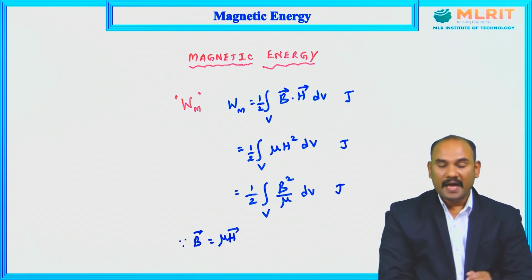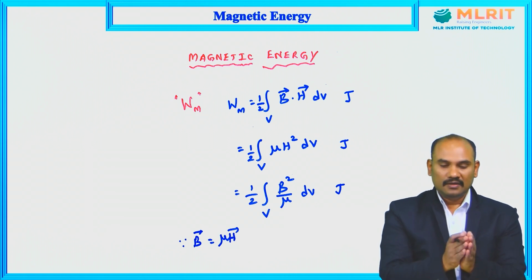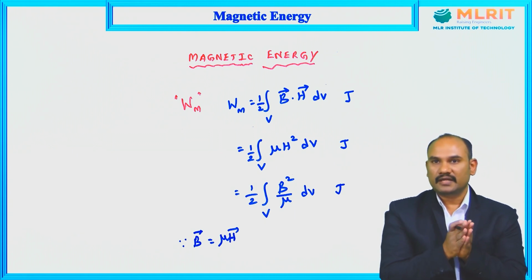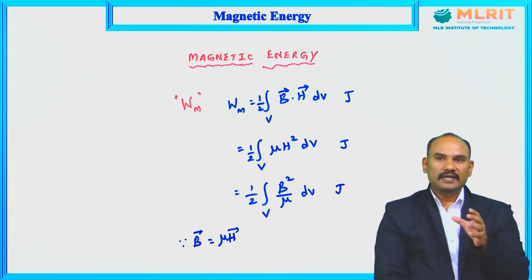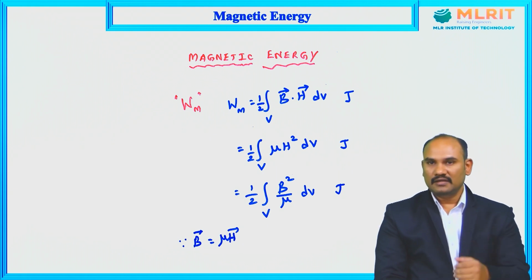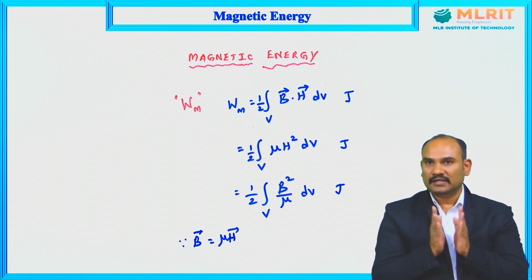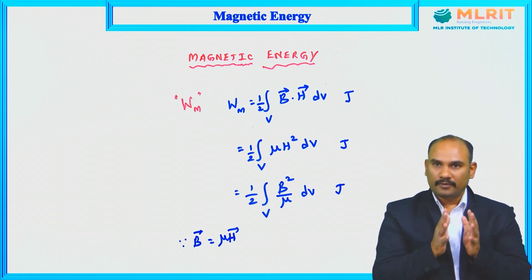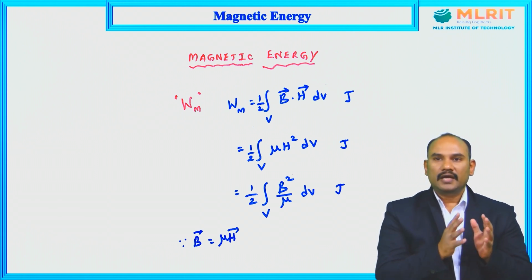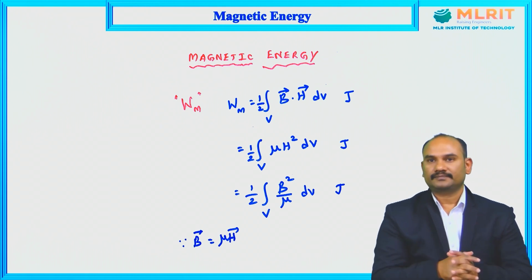Next, we have an associated topic which is called magnetic energy. I am saying inductance and energy because inductance is a magnetic phenomenon, magnetic inductance and magnetic energy. Then, while discussing inductances and inductors, I mean to say that inductance is a phenomenon exhibited by a device known as an inductor. Capacitance is a property which is exhibited by a device known as a capacitor. So, I can say inductance is a property of inductor, capacitance is a property of capacitor.